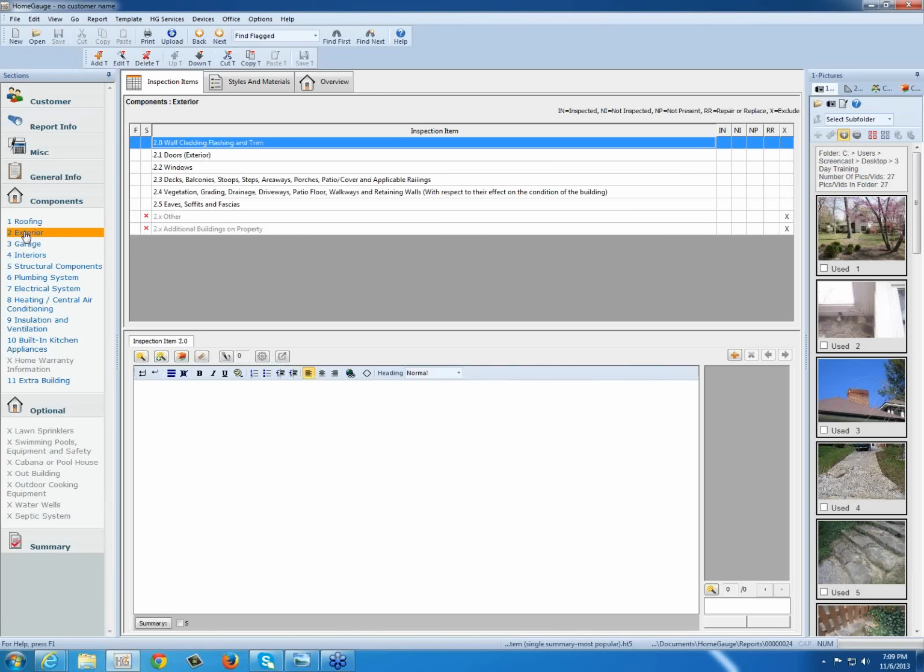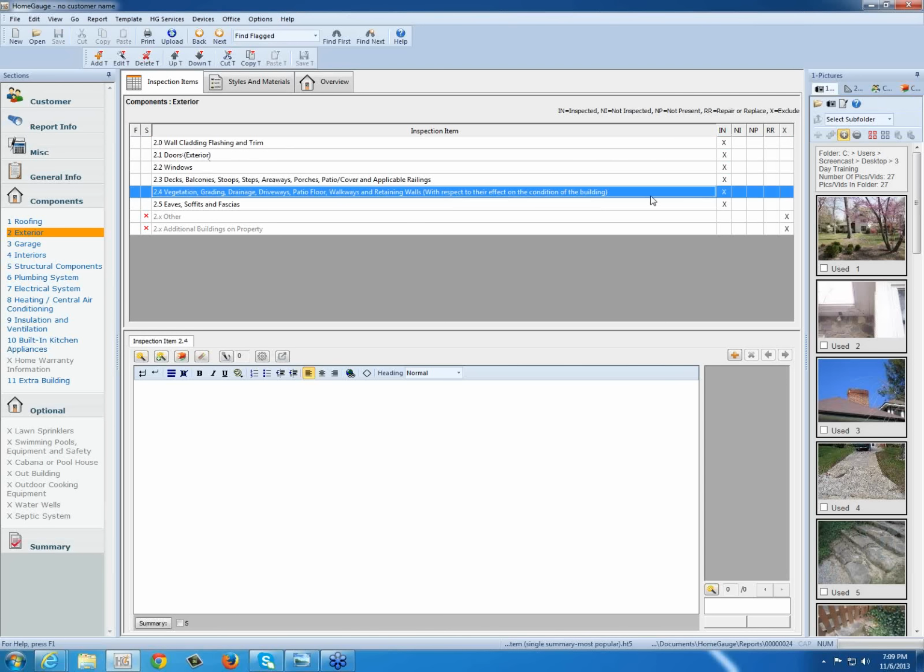So we come over here to exterior, and for those of y'all that don't know this shortcut, if you're trying to click down really fast, you can double click the column header label up here, and you can X. You see how I just double click and it'll X everything down? So when you're finishing up your report, that's a cool little shortcut feature just to check everything off so you don't have to sit there and click in each and every box. But let's say wall cladding looks good, doors, windows, decks,